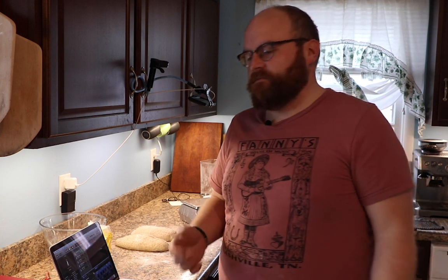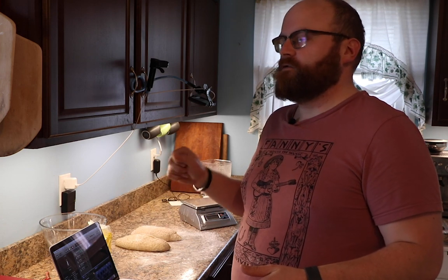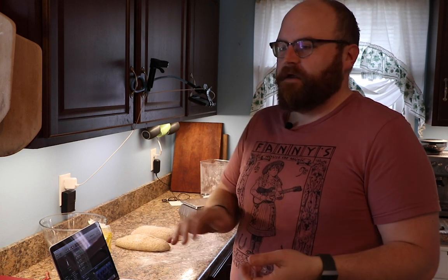So our last steps here are to put the bread onto the wooden peel, and then put that into the oven. The way that I do that is I put the peel down and add semolina flour, or you can also use cornmeal. You could just use the same flour that you used before. I find that cornmeal or semolina works a little better, and it helps the bread move freely on the peel. We take it over, put it in the oven,